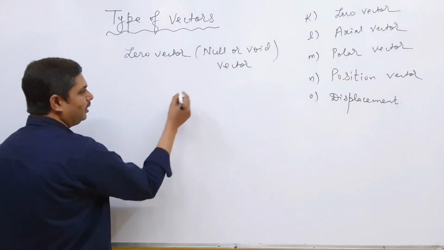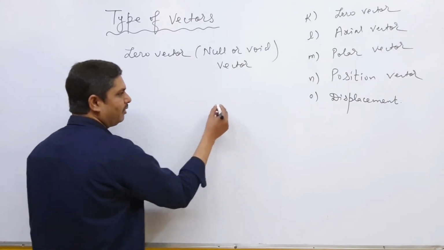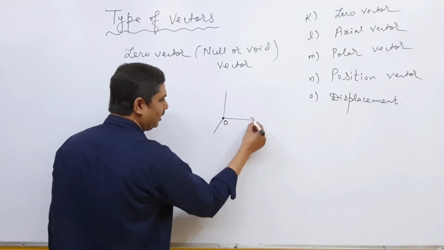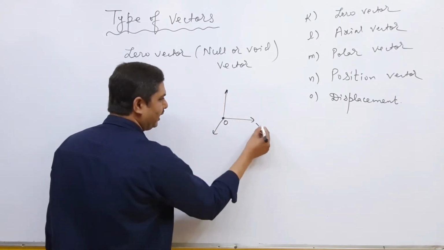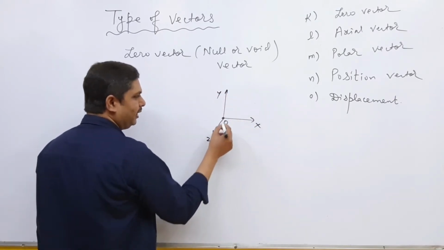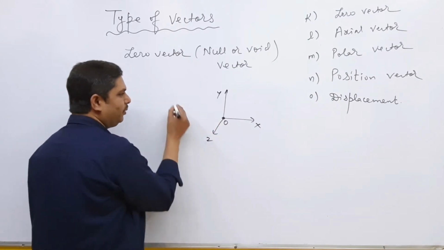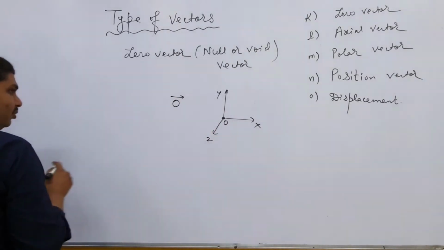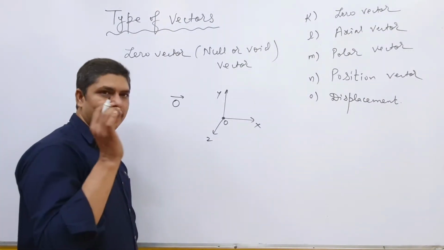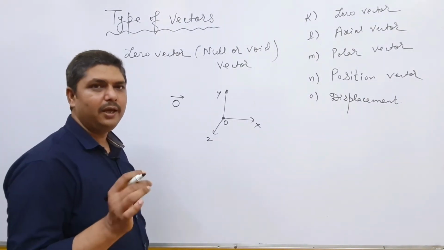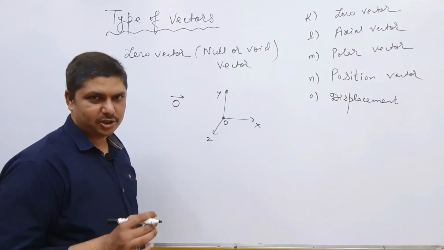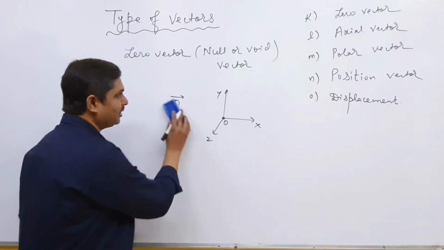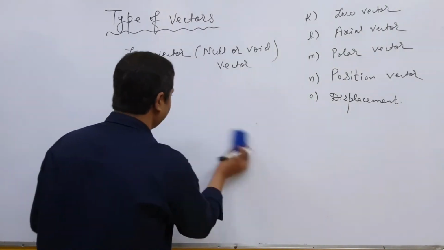This means that if I am talking about a point on the origin, suppose this is a point on the origin, then this is x, y and z. Then a point on the origin is said to be a zero vector. A zero vector has zero magnitude and non-specified direction. We don't know in which direction it will move. Let us see an example to understand it better.